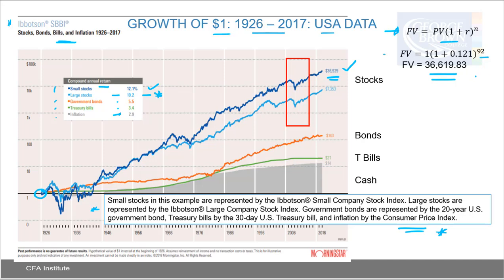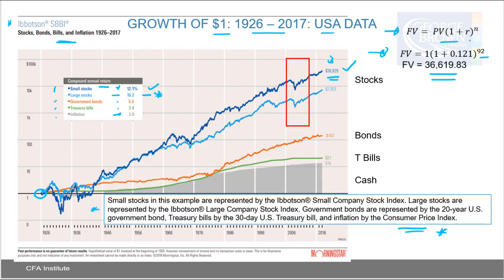Now, you're not responsible to do the calculations, but I just want to show you this is how a lot of the quant leads into investment management. The future value would be 36,619.83, which is, with just a little bit of rounding, within $300 of 36,929 here, okay? So when you see here, a compounded annual return of 12.1%, $1.1926,